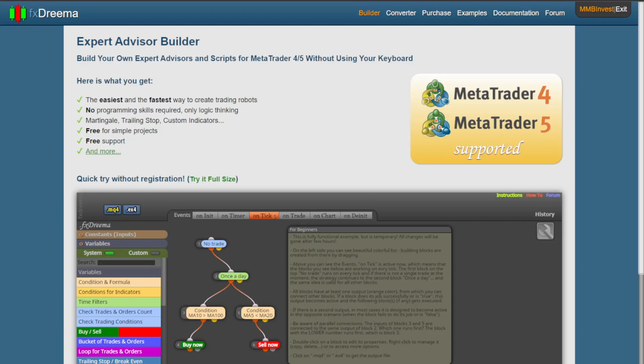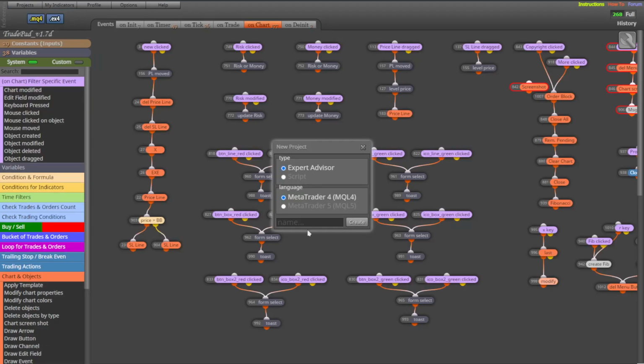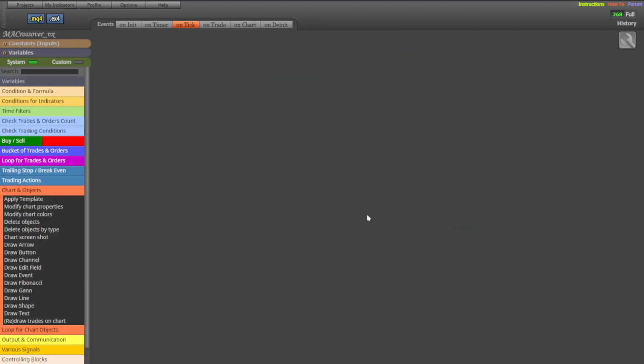What we have here is FXstreamer. You will see the link in the post. You just click on the builder. You say that you want to have a new project for MetaTrader 4 or MetaTrader 5. Then we call it MA crossover and click on create. Now, this is everything you need so far. All you do now is say you